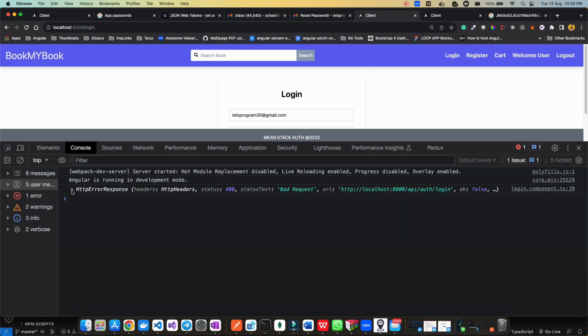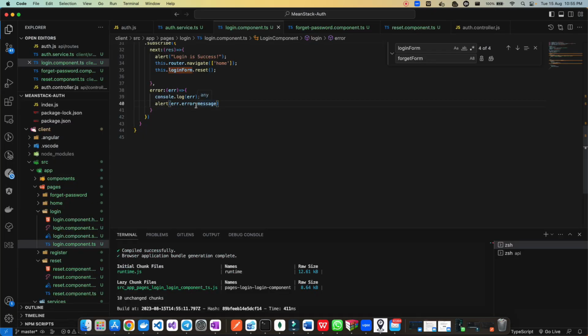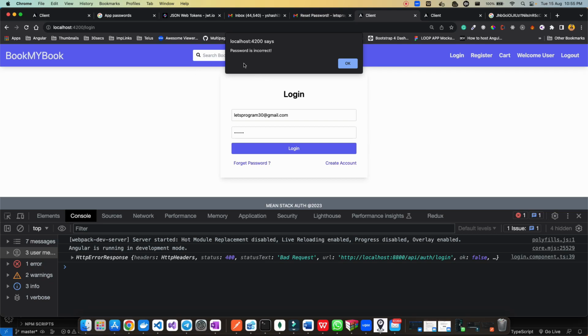Let me check why. This should be error, so it should be only error dot error. I was using message, that's wrong. Let's use error dot error. Save it. Now I can see the error, which is password is incorrect,